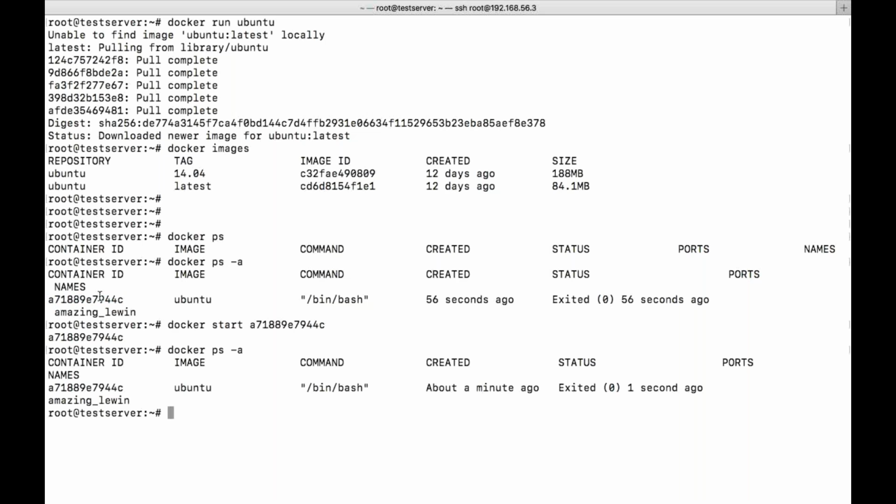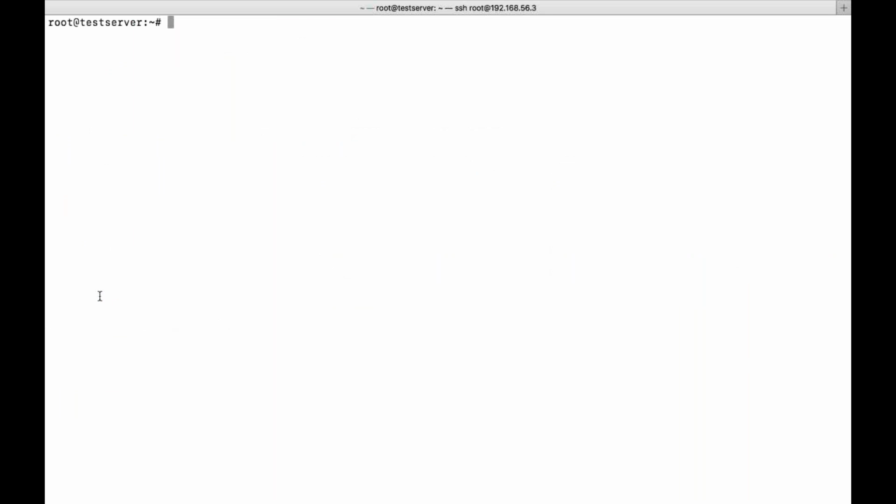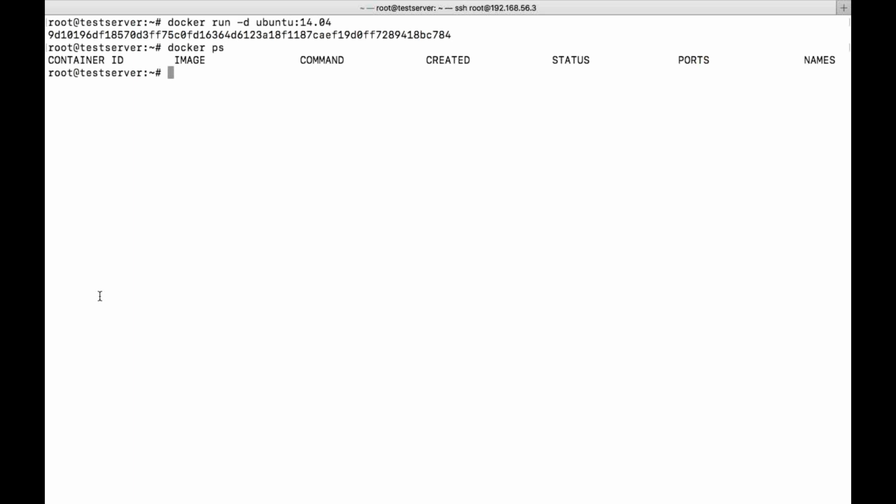So the proper command is, this is how we create a container. In order to create a proper container, let's say I want to use 14.04. I need to give -d, which means run the container in the background. Sorry, I forgot to give -dti.